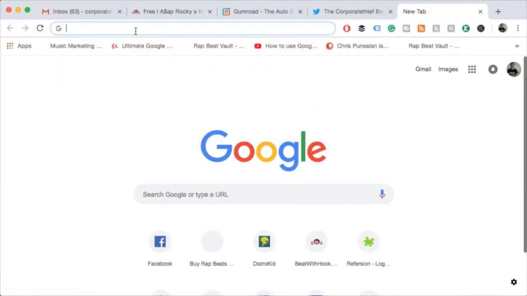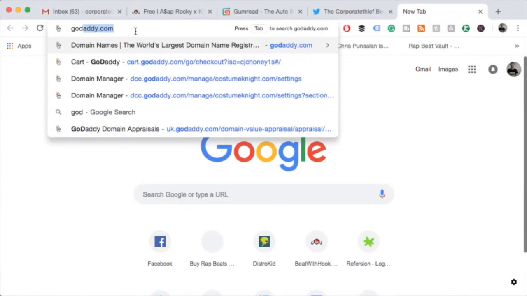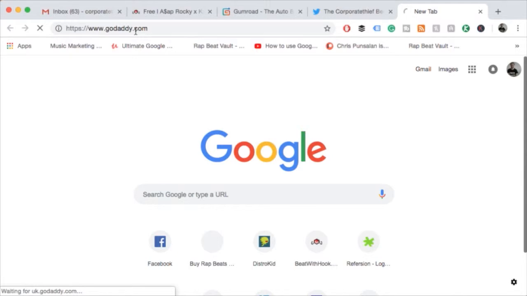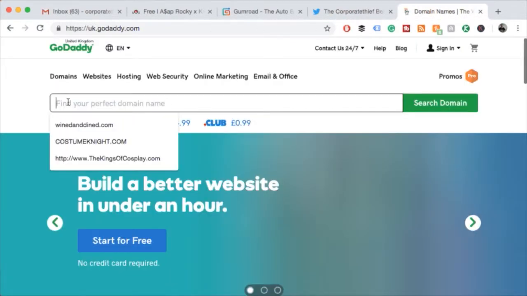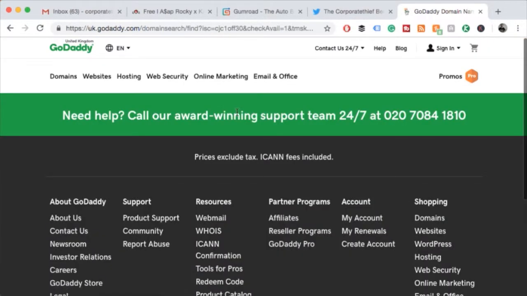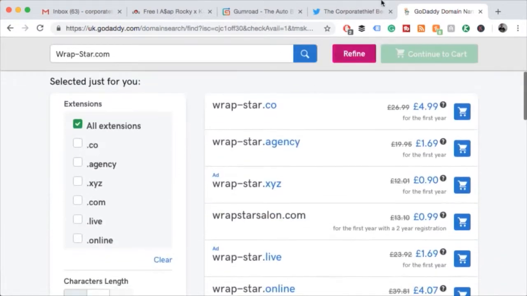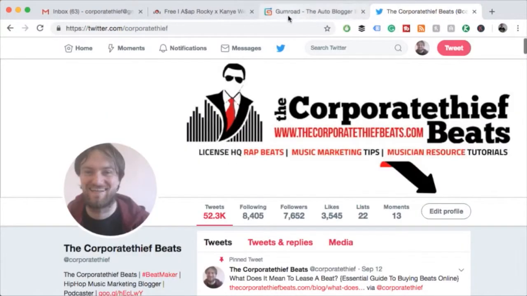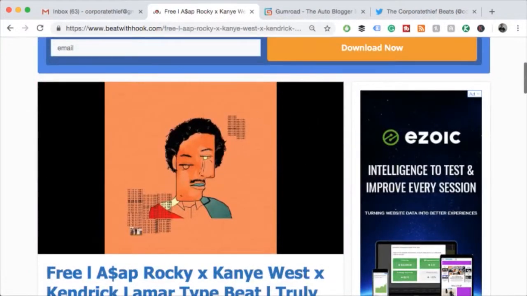Go to GoDaddy. I'm not even sure if it's still available. And we'll just see if it's available. No, it's already been taken. But you can keep looking. That's the hardest bit as well, just keep looking for domains. An old domain is the best way to make this work, all right?